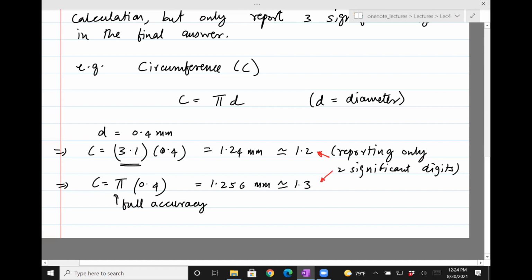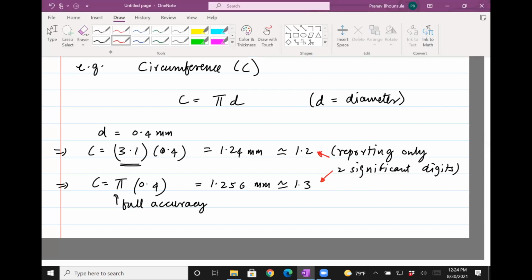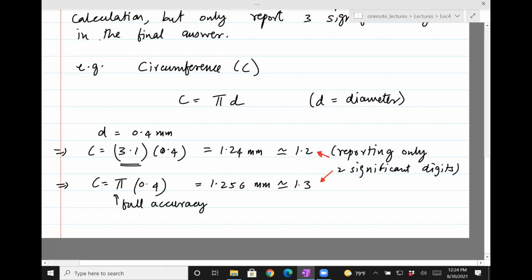So this is 2 significant digits, that's 2 significant digits. The second one was computed with the full accuracy. You can see that there's an error now because of the use of truncation, right? So the percentage error